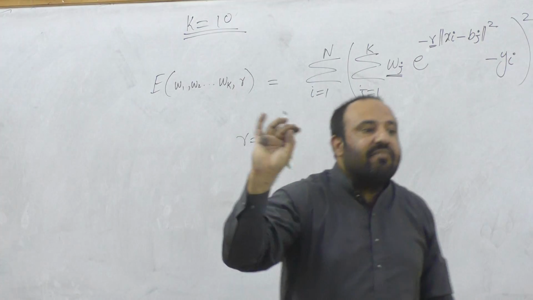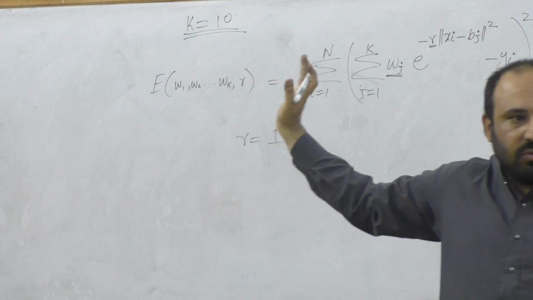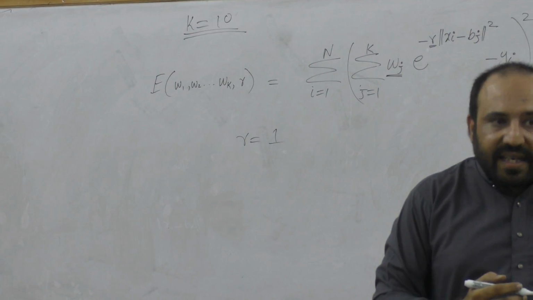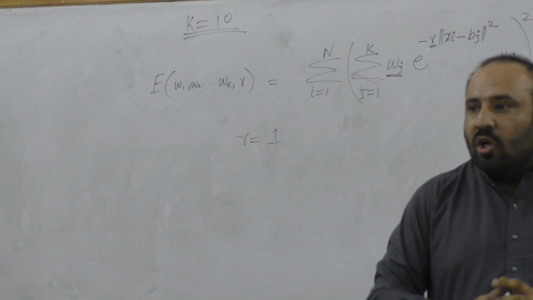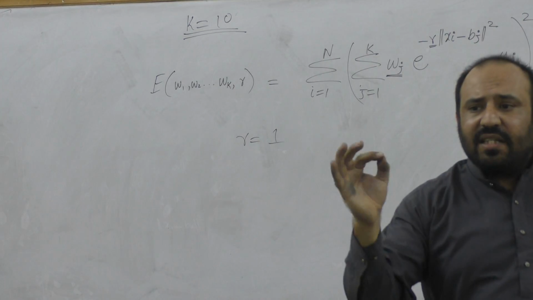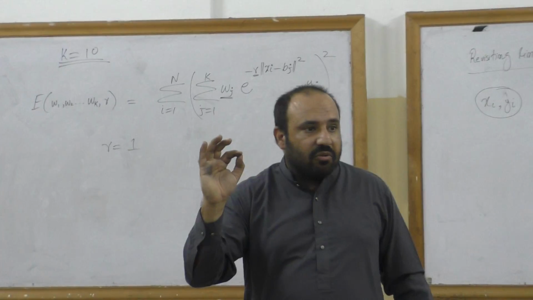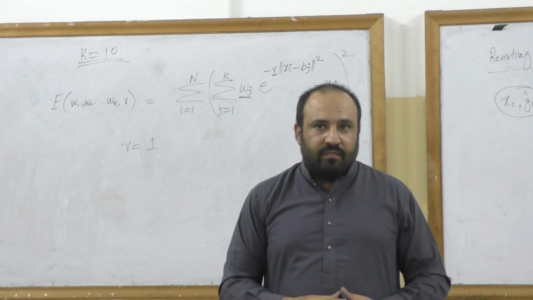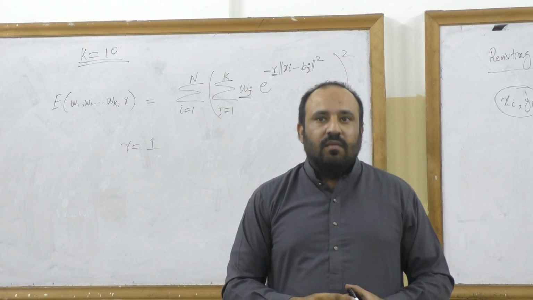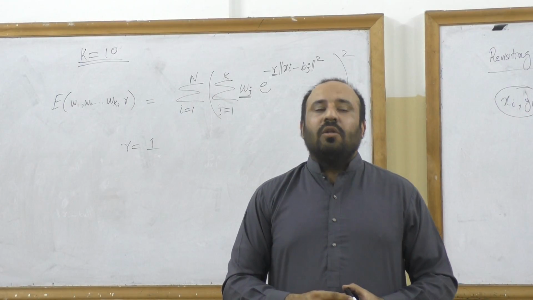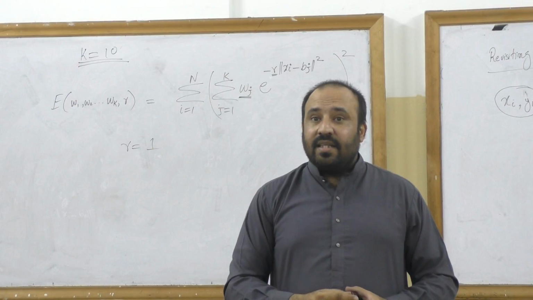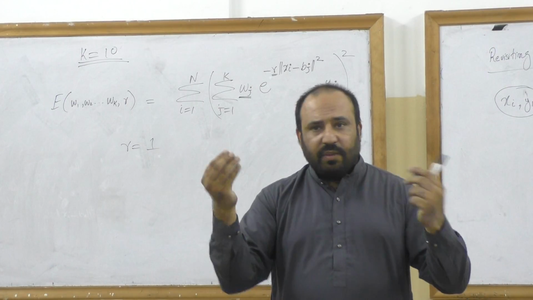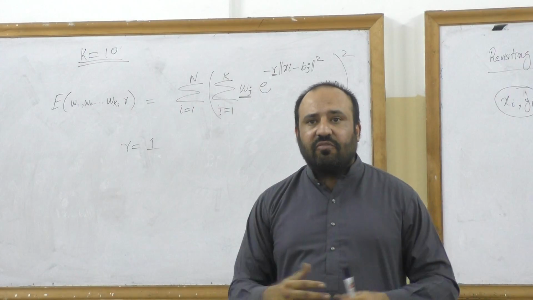So if W is given, अगर आपको मैं W दे दूँ, W is no longer a variable, it is not a parameter. W भी given है जैसे X given है वैसे B given है, W मैं आपको दे दूँ और आपसे कहूँ कि इस पूरे error function को minimize करें with respect to R, find out the value R that minimizes the error. तो आपको क्या करना चाहिए? लेकिन W भी तो है। And the reason is W given है। अच्छा। R की सारी values try करेंगे, yes, जो minimum है, but there are infinitely many values of R.